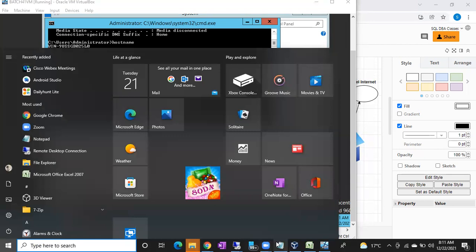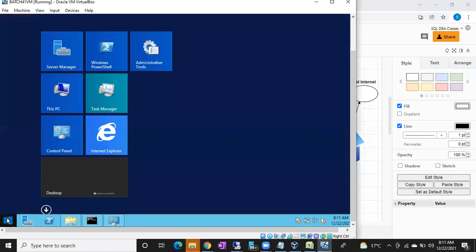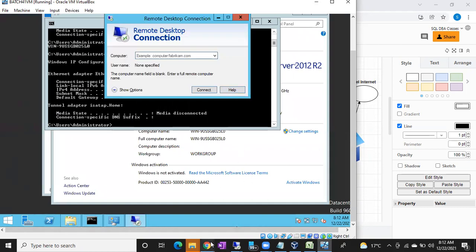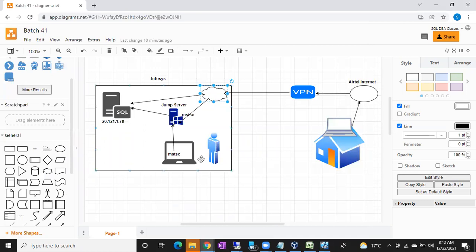Guys, one more important thing, please, people will make the same mistake. Here you will open MSTSC and you will type the server IP address, right? So people will get confused here. Let me go to the diagram, I'll explain again. Usually we have to type MSTSC in the laptop and connect to the server, right? What people do is open MSTSC on the server and try to connect to the same server. Is it possible? No. Not possible. So don't type MSTSC in your server.